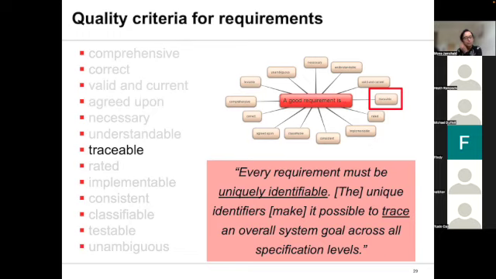So I think most of you would probably say that we all have a unique ID, and that is how we are uniquely identifiable. So when it comes to requirements, tracing the requirements, we follow the same thing. Basically, each of the requirements is given a specific ID, and it's a good quality criteria for requirements because